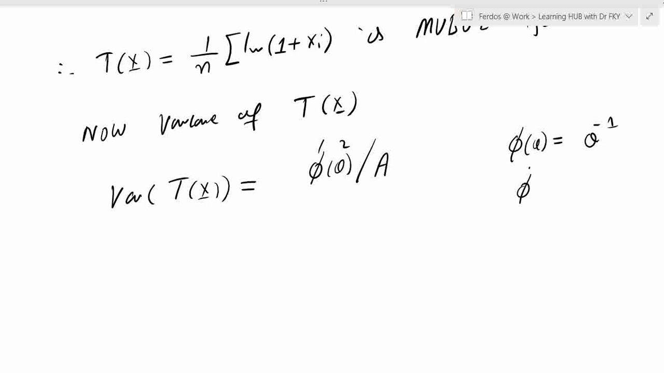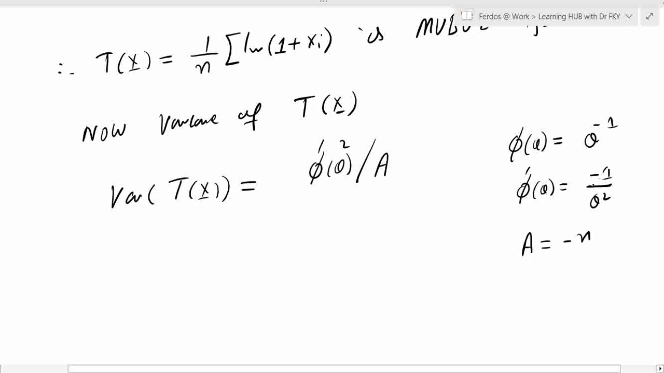So the first derivative of this is minus 1 divided by theta square, or you can say theta power minus 2, whatever, theta square, and a is minus n, and you know already. So this means minus 1 divided by theta square. Oh, there is no square in this case. Remember, in this case there is no square. The square is in the other thing, the lower bound. Here is no square. So minus 1 over theta square